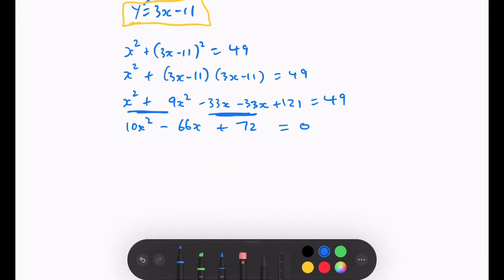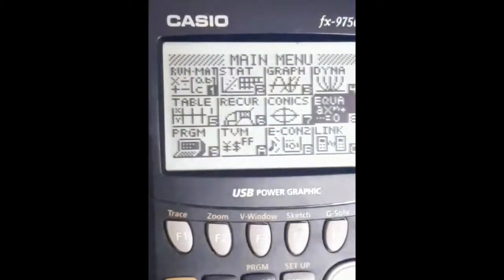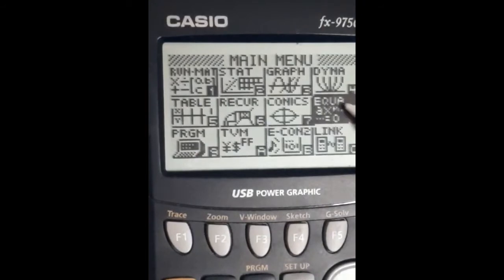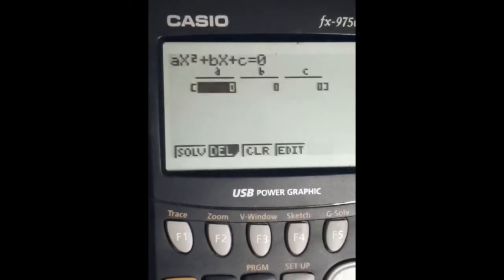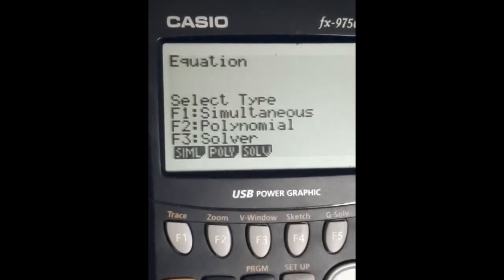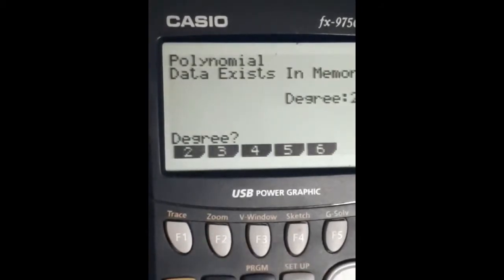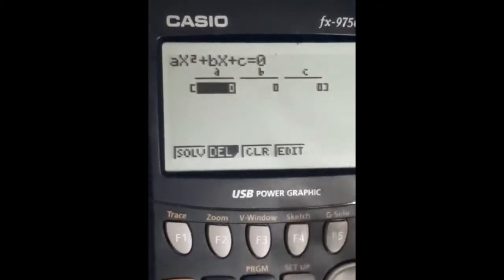a calculator. So we're going to go G, C. And to do that, you want to go to equations, and then polynomial, and then degree, and 2. I'll show you that. The equations here, and then you should get something like this, and then go to polynomial, F2, and then degree 2,